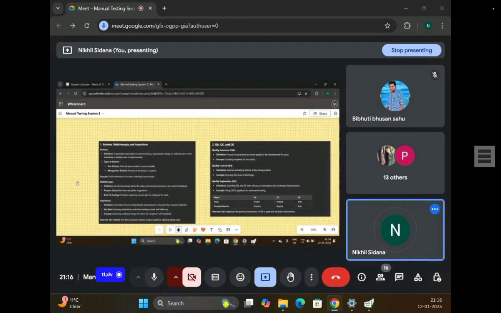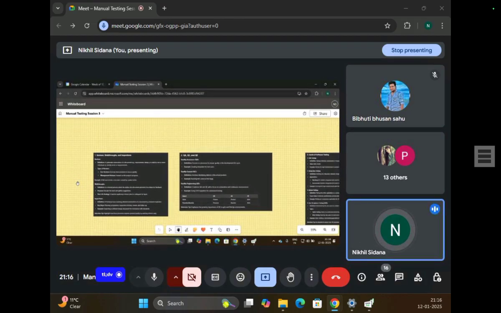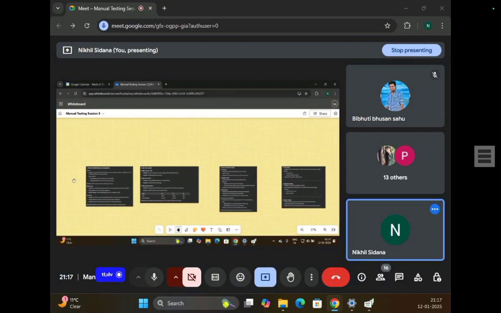Okay, guys, our next topic is QA, QC, and QE. There are three words that you usually hear about your job. One is quality assurance engineer. The other is quality control engineer, QC engineer, and the third is quality engineer, quality engineering I would say. Is there anyone who would like to explain definitions or anything about this?